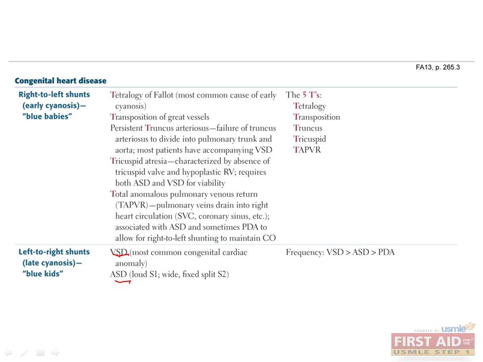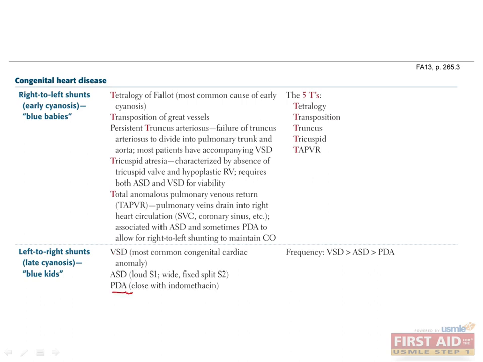What are the heart sounds associated with VSDs and ASDs? As you remember back to the heart sounds we covered in physiology, VSDs are holosystolic murmurs that accentuate when afterload is increased, such as with a hand grip exercise. ASDs, in contrast, cause a loud S1 and a wide, fixed, split S2,